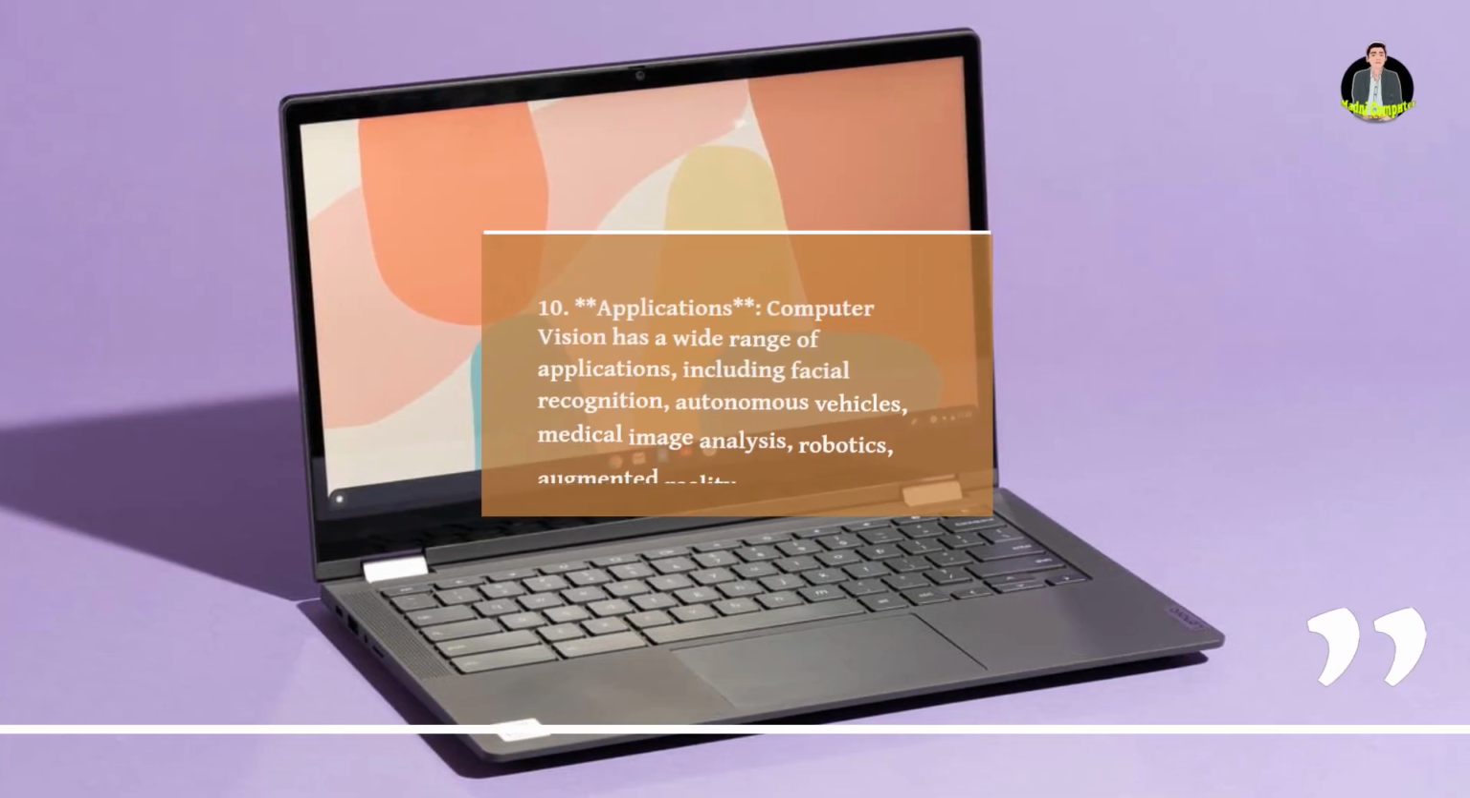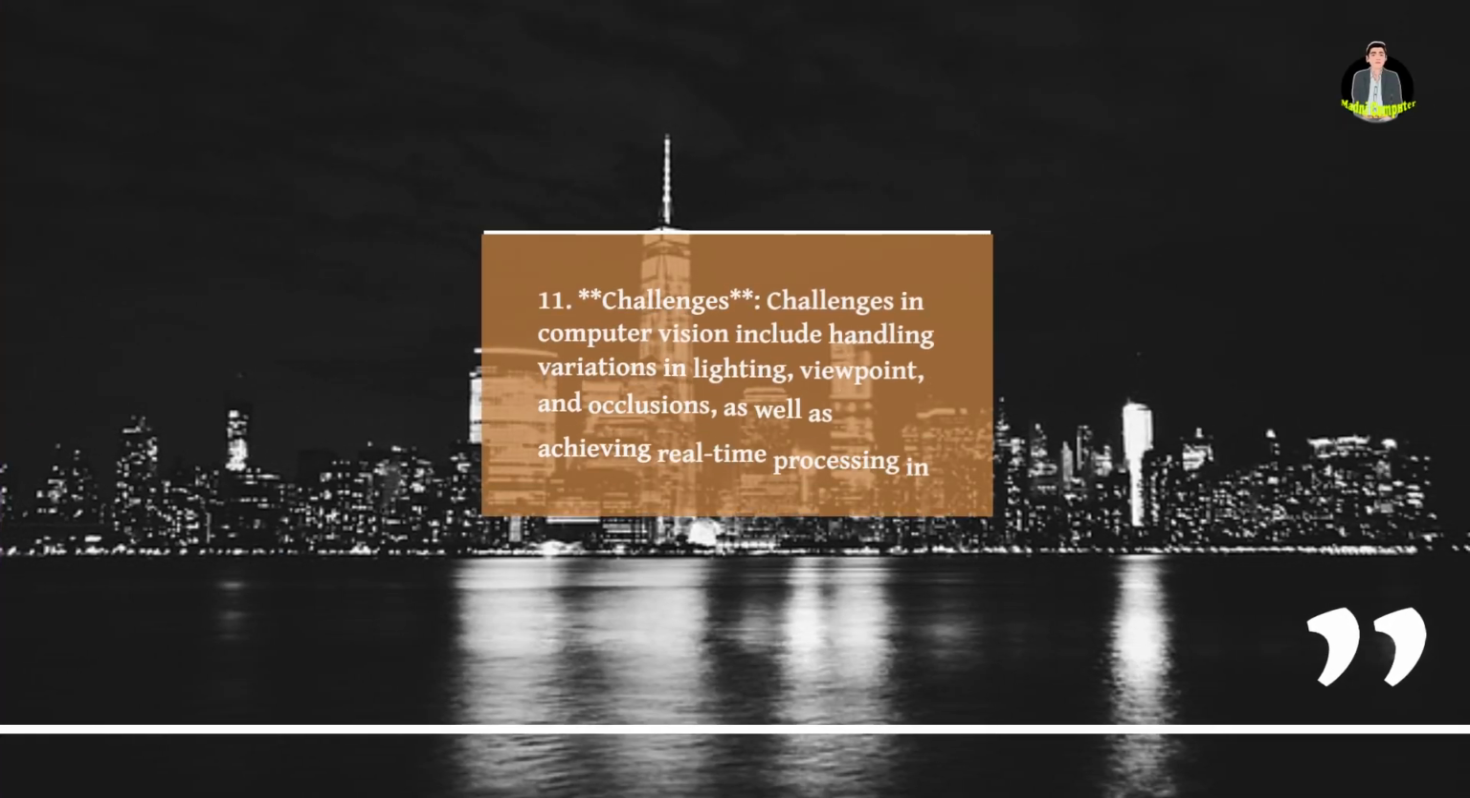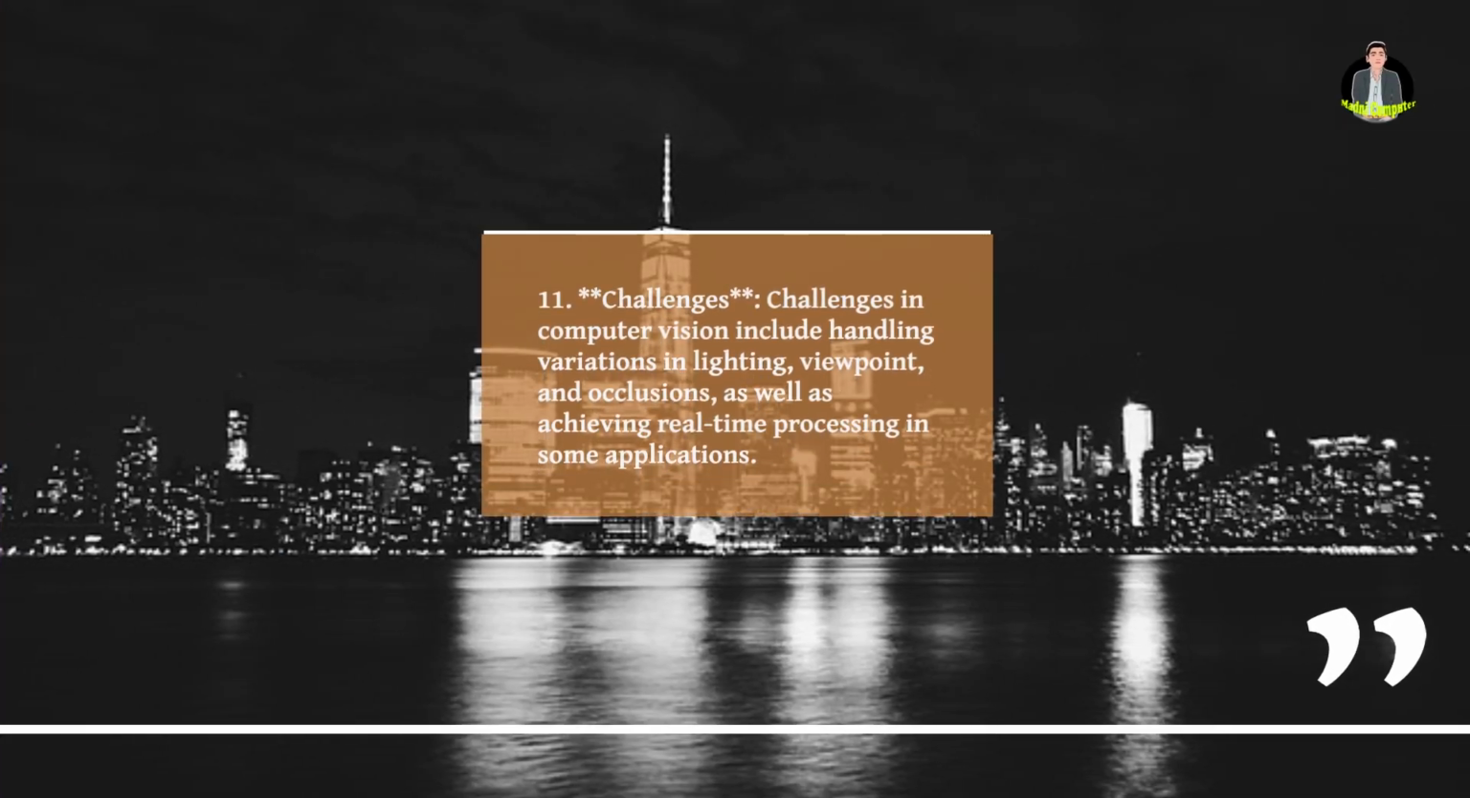10. Applications. Computer vision has a wide range of applications, including facial recognition, autonomous vehicles, medical image analysis, robotics, augmented reality, and more. 11. Challenges. Challenges in computer vision include handling variations in lighting, viewpoint, and occlusions, as well as achieving real-time processing